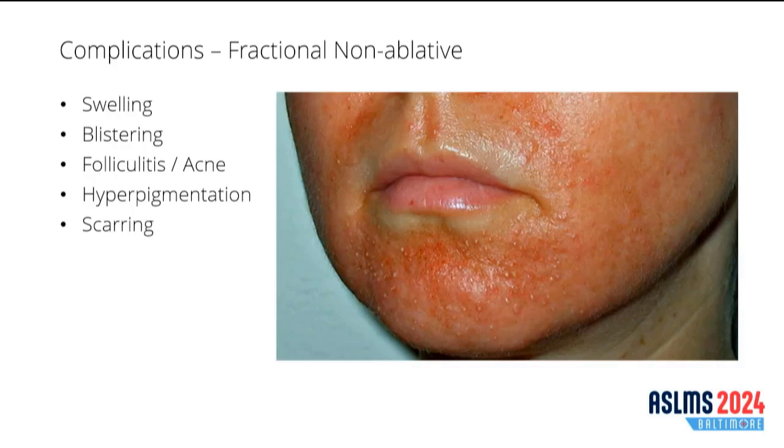Acne and milia can be a more commonly seen complication associated with non-ablative fractional treatments due to the disruption of the pilosebaceous units caused by inflammation and follicular occlusion following treatment, as well as due to the use of occlusive ointments for aftercare. Patients with a history of acne are usually more prone, and treatment with topical or systemic antibiotics can be helpful. This patient was prescribed doxycycline, then developed a full body rash, resulting in further complication.